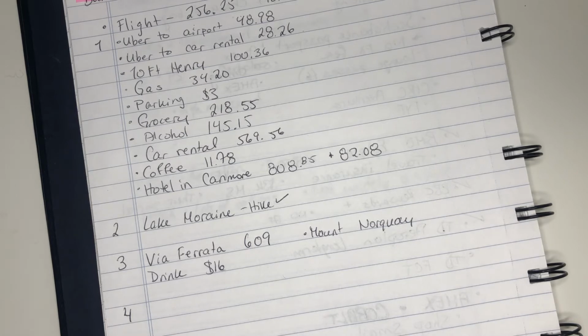So we checked out of Canmore, and then we started the drive over to Jasper. So that is quite a long drive. It's about 4 hours. So what we did at first is we went to Grassy Lakes, which was probably one